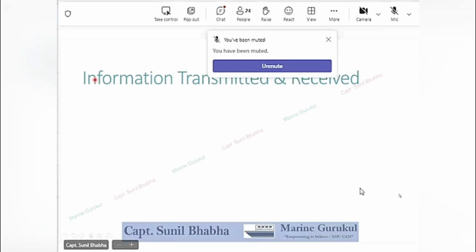Now let's come to an important aspect of what all information is transmitted over the AIS system. Now this information is divided into three data packets. The first one is static information. As is clear from the name, the static information is something which is static and does not change.